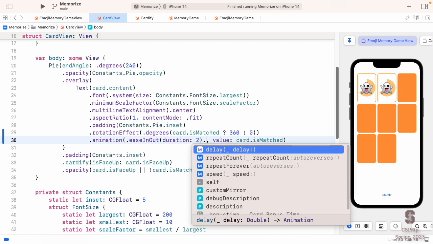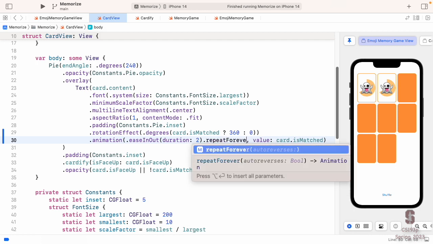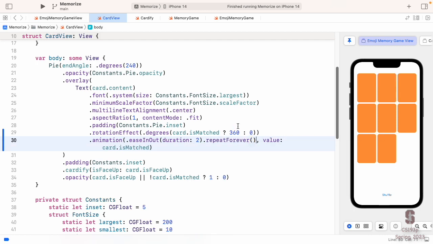Well, we can go in here and say repeat forever. That's what that looks like. Well, it is repeating forever. That's good. And you can really see the ease in, ease out now because he slows down every time he turns around.